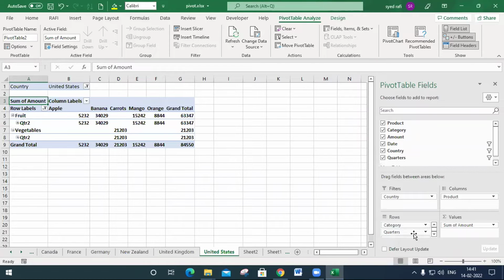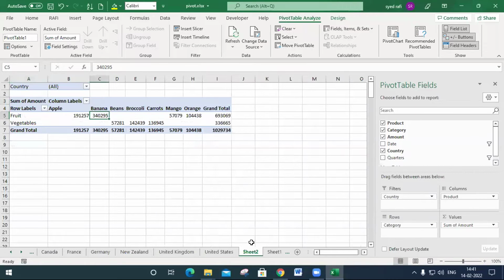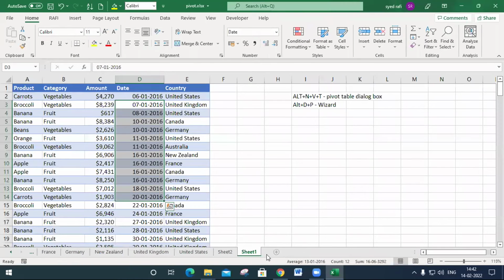If there is any possibility to create a pivot table without dragging the fields into these locations, we create a pivot table. We create a pivot table without using these text boxes.